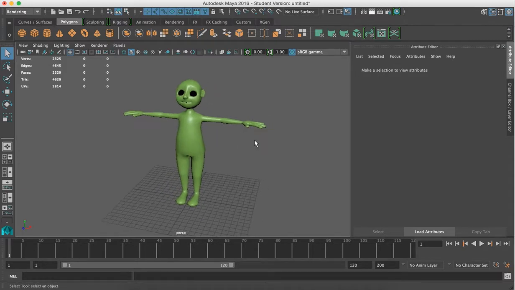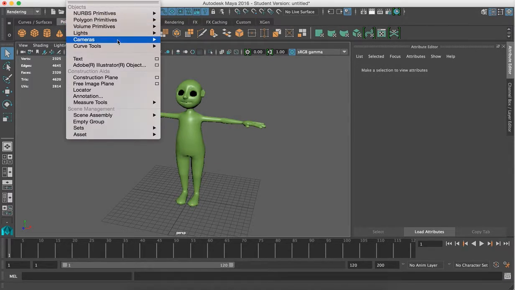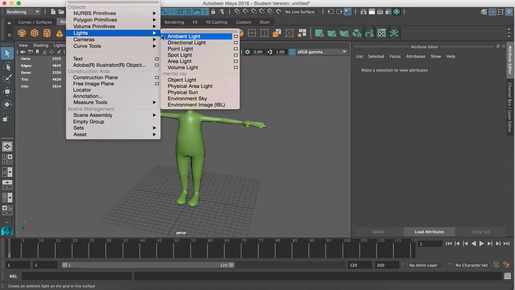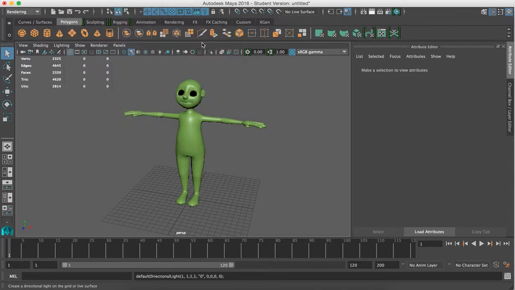Okay, so the point is for having a 3-point lighting, a lighting system that is normally used in film production and photography and such. Okay, so it also applies in animation. They have 3 different lights, which are key light, fill light, and rim light. Okay, so we start with key light. So I will create a directional light here,